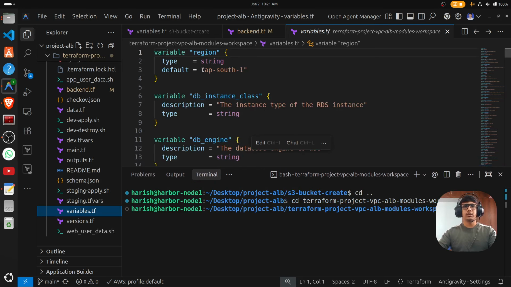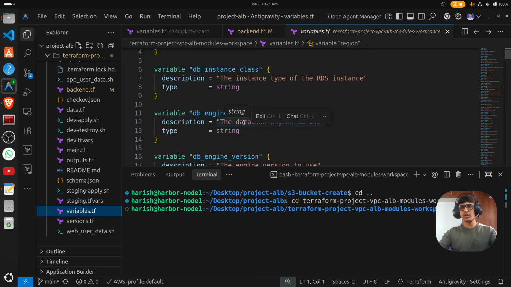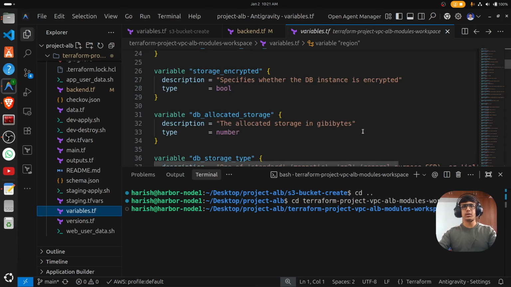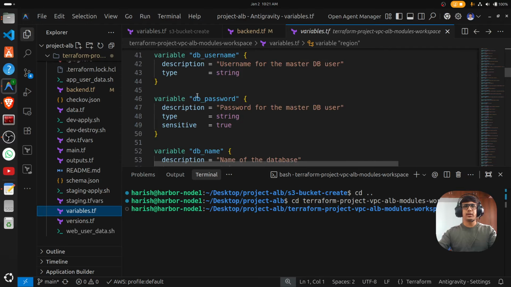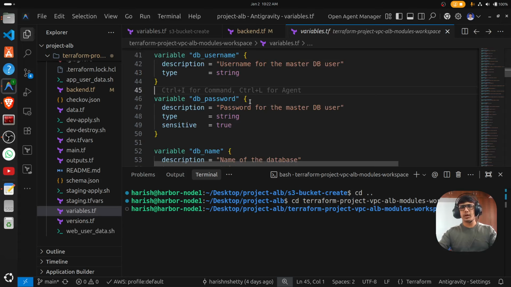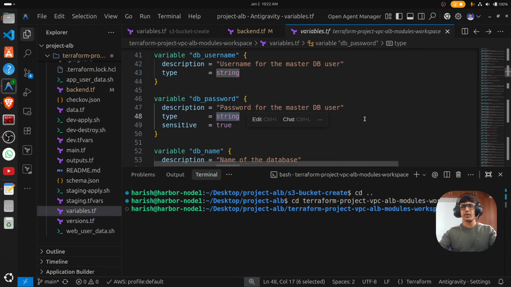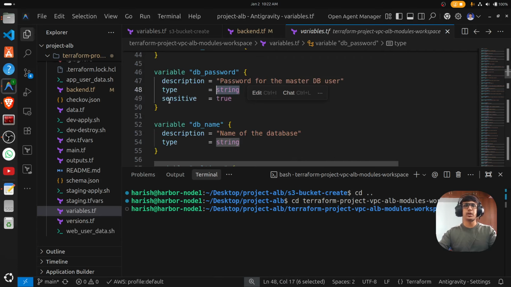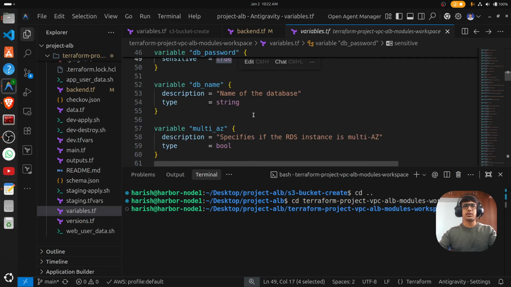Region and database instance class, the database. This is related to the RDS part modules, and here you just observe the database username is string, and we are maybe using alphabetical or numerical values up here, and the DB password is also a string, we are using alphanumerical passwords, and I am defining it up here as sensitive, it is like a boolean, true or false, and database name is string,